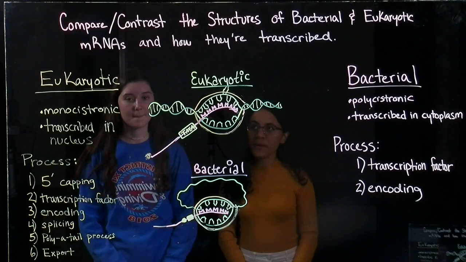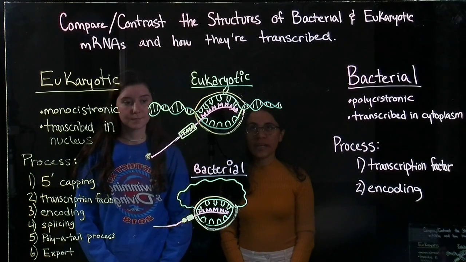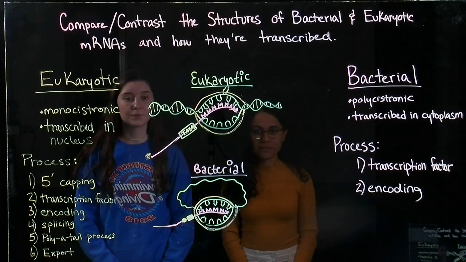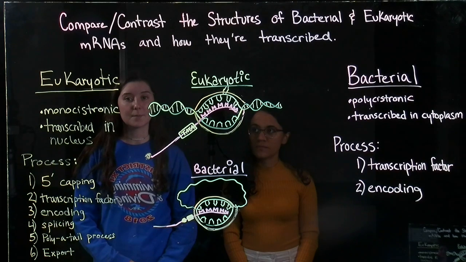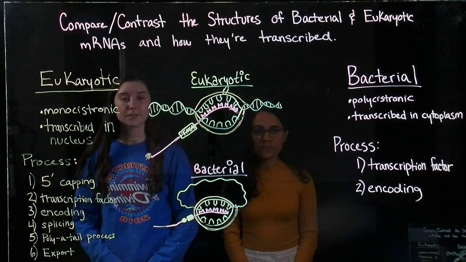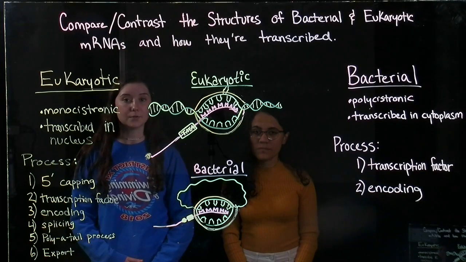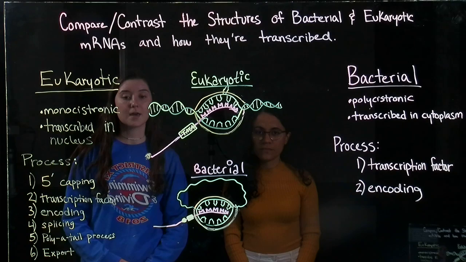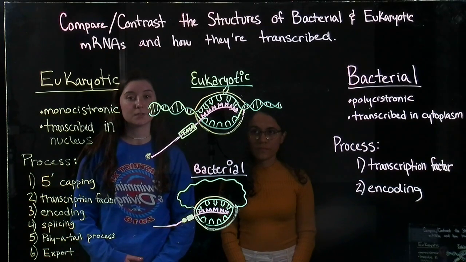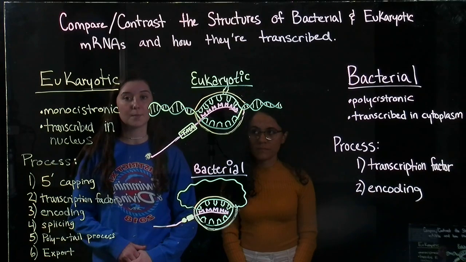So today we'll be comparing and contrasting the structures of bacterial and eukaryotic mRNAs and how they're transcribed. First we're going to go over some basic mRNA information. According to the central dogma, the transition from DNA to RNA is transcription, and then from RNA to protein is translation. And mRNA is produced in the transcription process, and it's basically a single strand of RNA molecule that